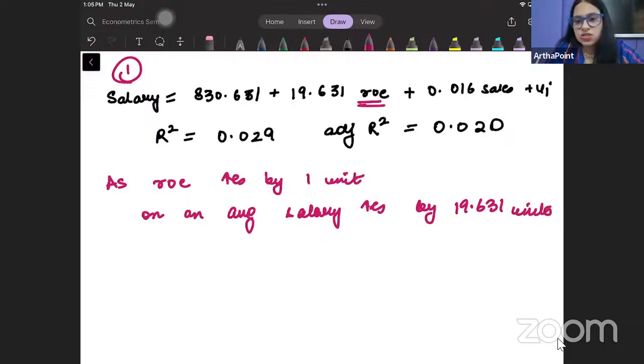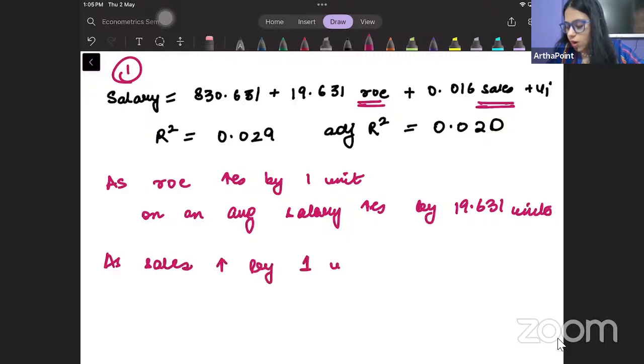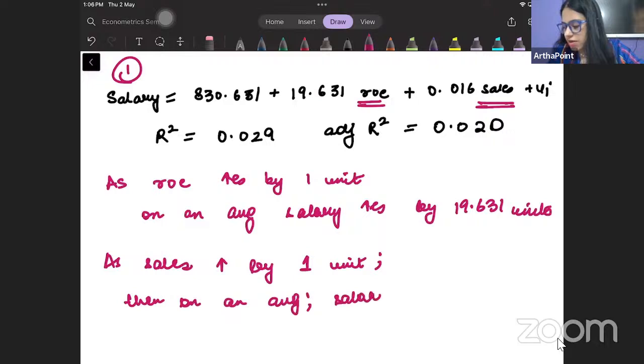There is a positive relationship between return on equity and salary. Similarly, with sales, as sales increase by 1 unit, then on an average, salary increases by